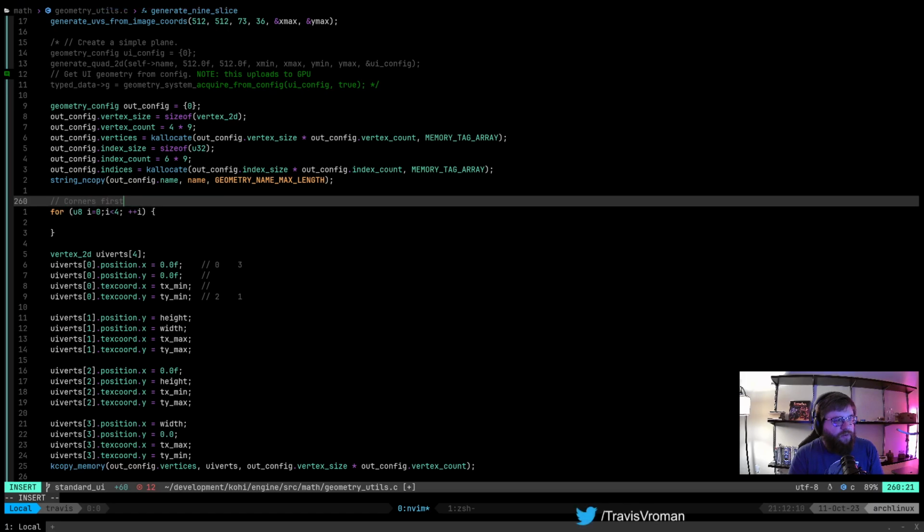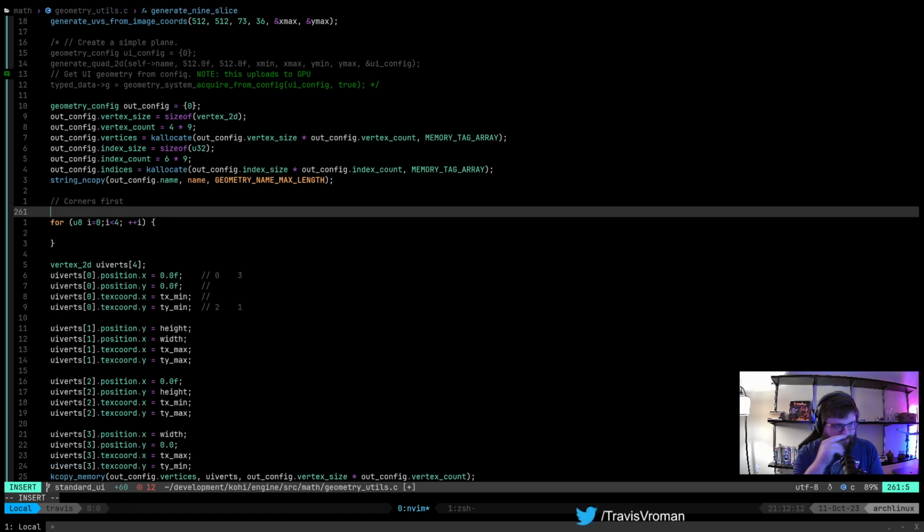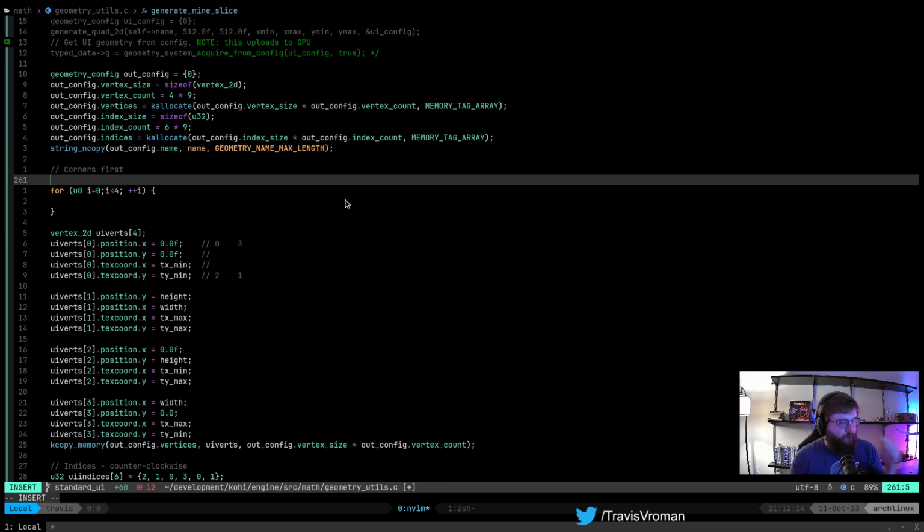And for each one of these corners, we need essentially a set of 4 vectors. So I think I can use